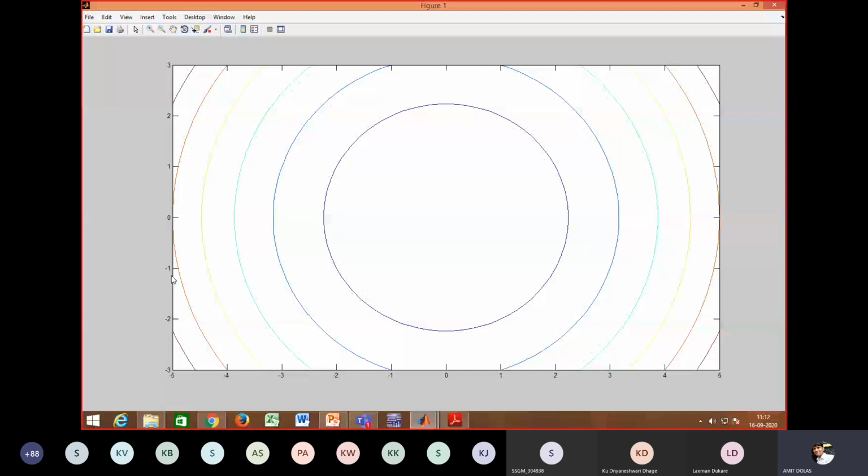The X axis has started from -5: -5, -4, -3, -2, -1, 0, 1, 2, 3, 4, 5. But the graph is blank. The labeling is not given. What is the X axis? What is the Y axis? What is the title? And on the graph, the middle values are not given. Whatever function we have applied, those values are not given.